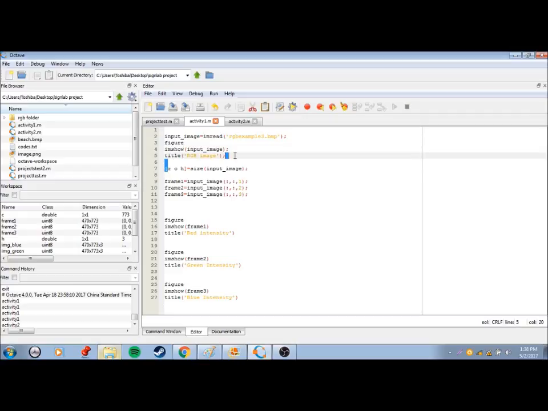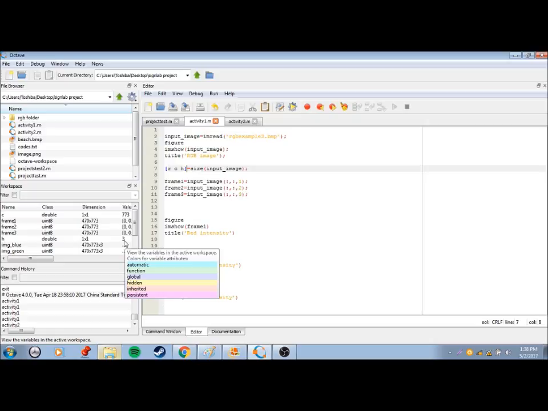Now, this represents the size of the image: the rows, columns, and the height, where h is the height or the frames. This is the row, the column, and this is the frame. As you can see, it's three. Why are there three? As I said before, an image consists of three frames, namely R, G, and B. So that's why it's three.